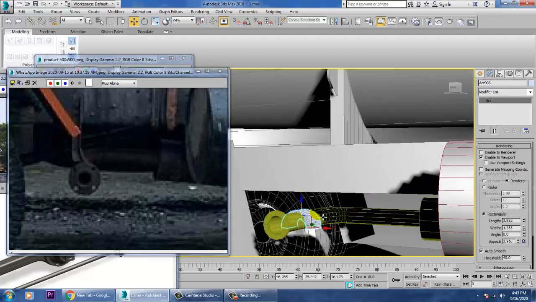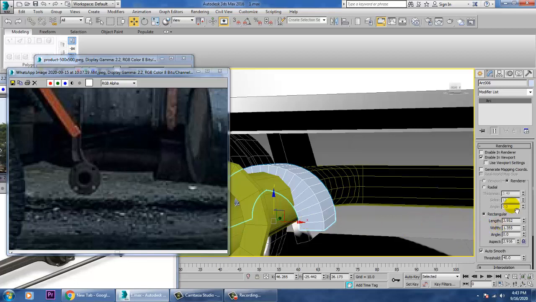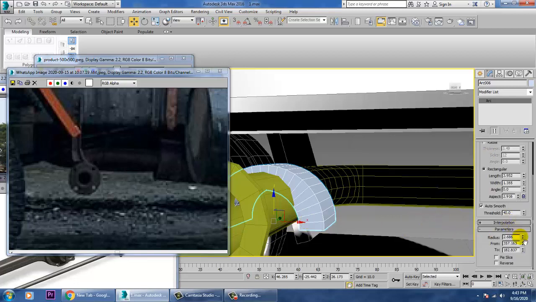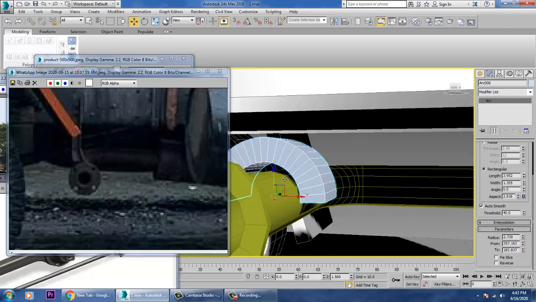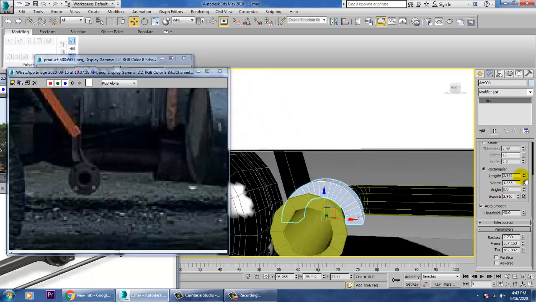Alright, so can reduce its radius. And reduce its length and width if required.